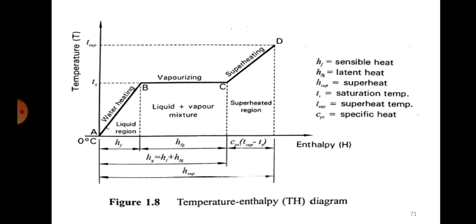What do we call? So there are so many terms here. If you can observe the graph properly, there's something called TS, TSUP, HF, HFG, CPS. There's so many terms. So you need to know all of these terms while explaining this concept. And this question generally is asked for 10 to 12 marks. They always ask this question: explain the formation of steam with the help of a TH diagram. So this is the TH diagram that I'm talking about here. So you will draw this TH diagram, explain what happens at every instant. What do you mean by HF? What do you mean by HFG? What do you mean by TS? What do you mean by TSUP? Everything has to be explained.